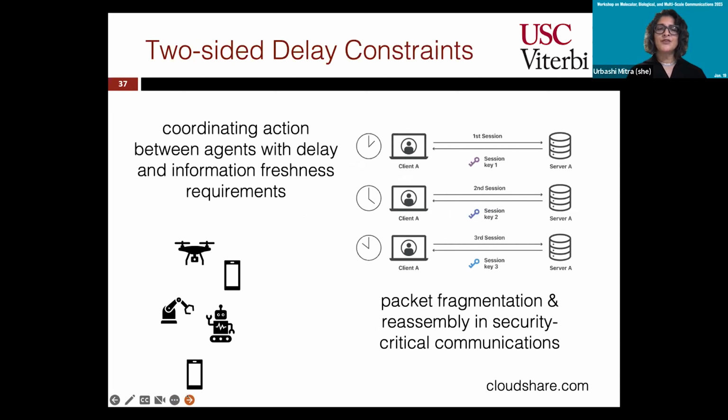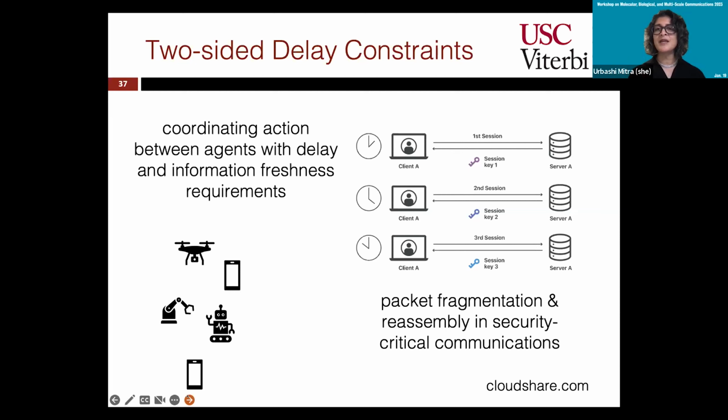For example, if you're trying to coordinate action between a number of agents and information freshness is important, as in you're exchanging information, but if that information becomes stale, it's no longer relevant to the cooperative action you're engaging in, but you still want to meet delay constraints. This is an example of a two-sided delay constraint problem. Also in security systems, where you have multiple sessions of communication and you're potentially using new keys for each communication session, that key can become stale and you do not want to use it multiple times. So you have to ensure that you're doing your transmission in a timely fashion before your session key is no longer relevant. I think this is an exciting point that we're at, where we can go full circle